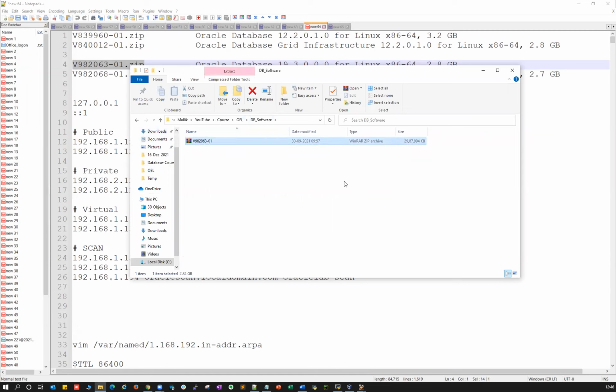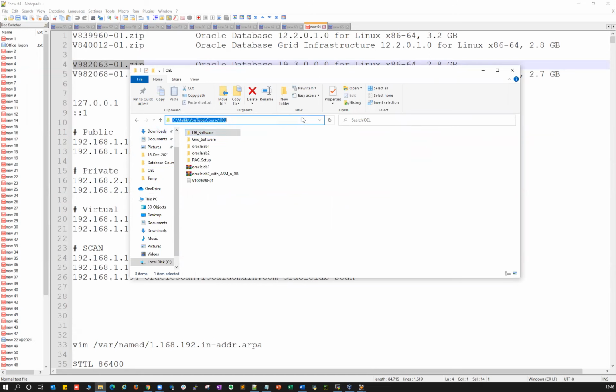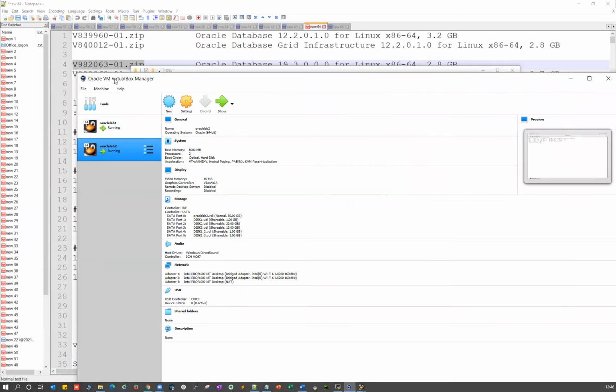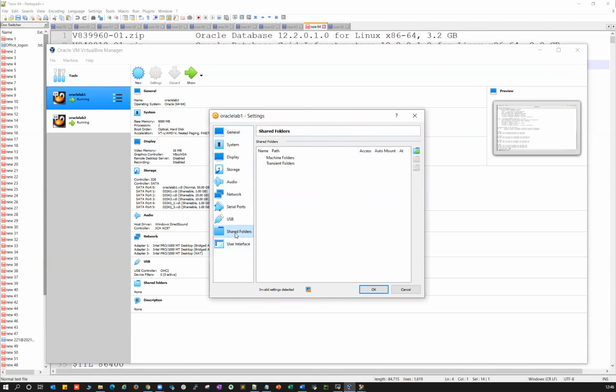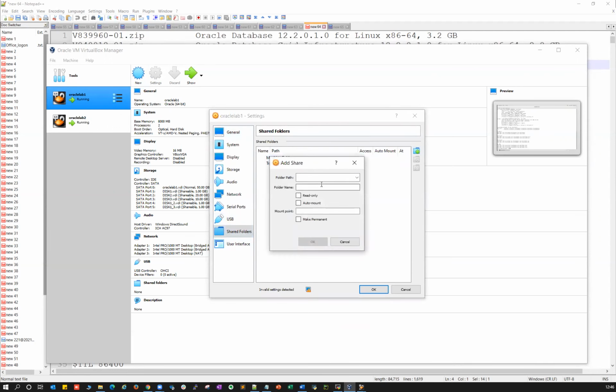So I'm going to mount this directory as a shared folder in one of the VMs. I'll go here, VM setup, the Oracle VM VirtualBox Manager. I'll go on node one settings and go to shared folders, click on this one, and give your software location, and whatever name you want, I'll just mention software.